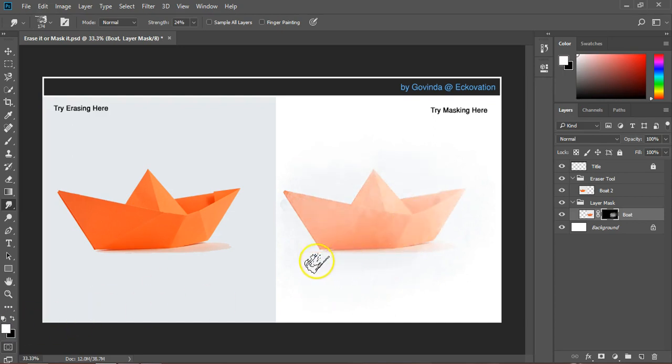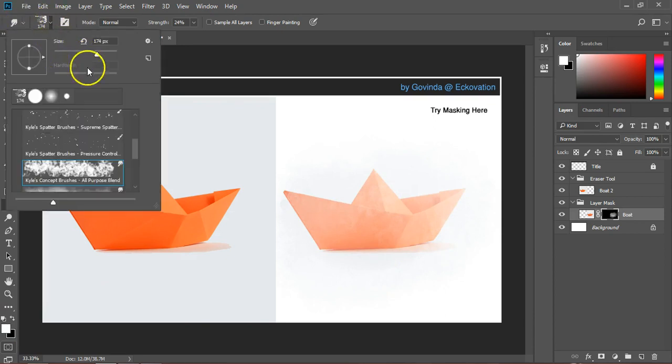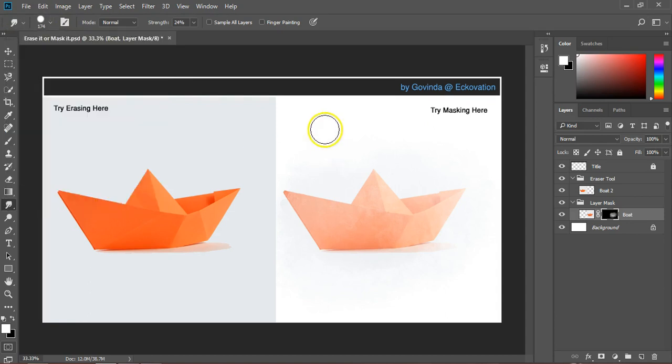Photoshop also has some other tools to create a mask, like the pen tool or brush tool. These will require further mastery over Photoshop to create very accurate masks over an image. Now this is all for this video. Practice more with the eraser and brush tool and mask and unmask different images to get a better hold of the feature.